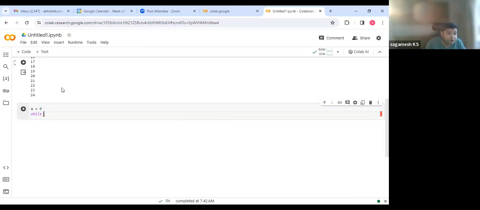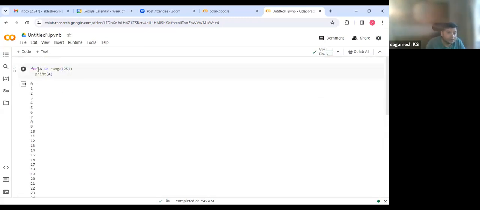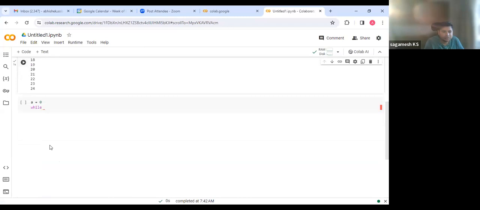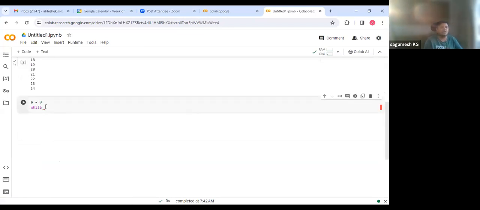So here in for loop, we are not using condition. Here is your variable, this is your sequence. This is your condition now. I have created a variable called A, which is 0, and here I'm going to say A is equal to 5 or something like that. So this is my condition. I'm done with my condition. So if I try to run it,